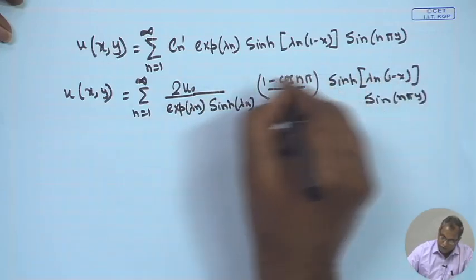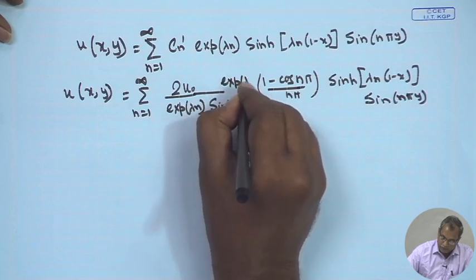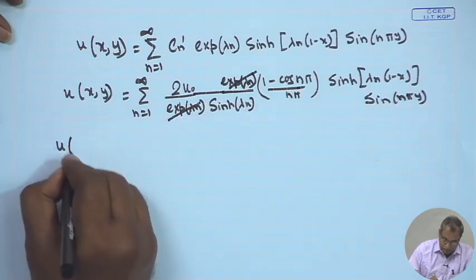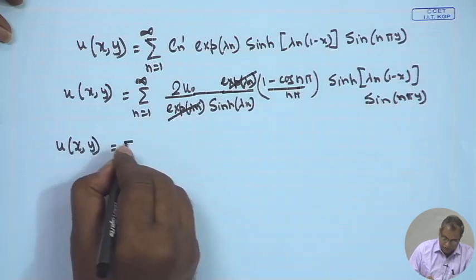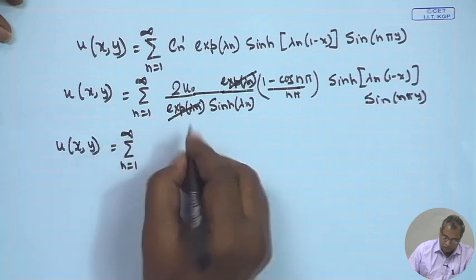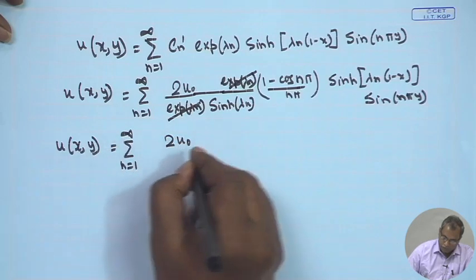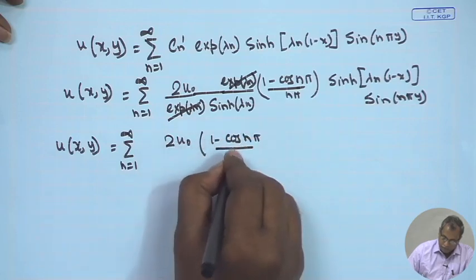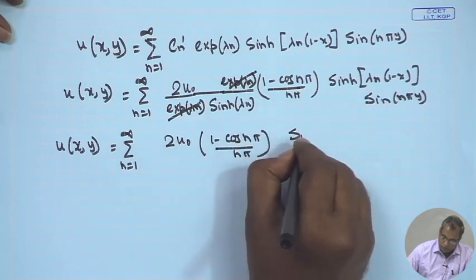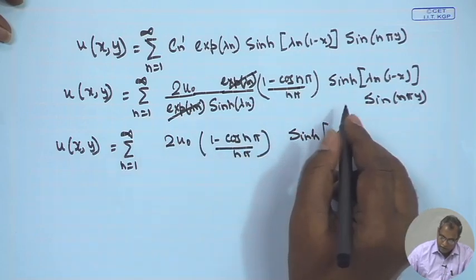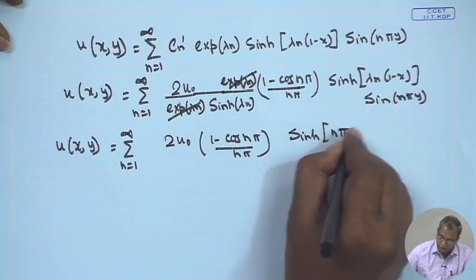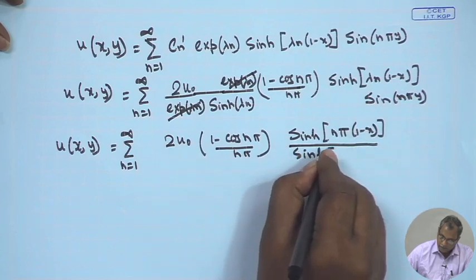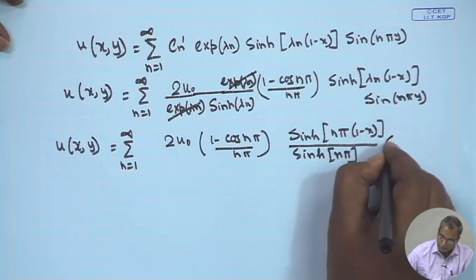So, there was an exponential lambda n here, and this exponential lambda n and the exponential lambda n in the denominator will cancel out, and you will get the complete solution as the summation n equal to 1 to infinity 2 u naught (1 minus cosine n pi) over n pi, sine hyperbolic lambda n (1 minus x) divided by sine hyperbolic lambda n, where lambda n is n pi,